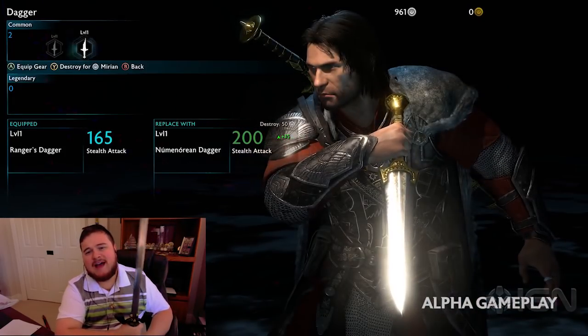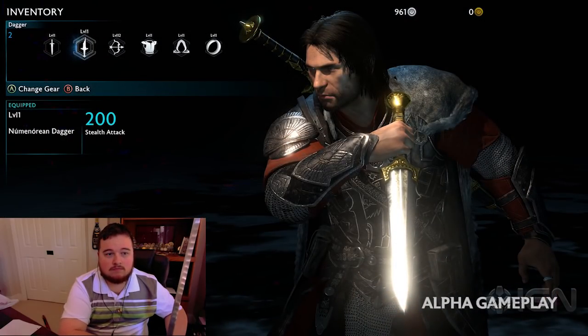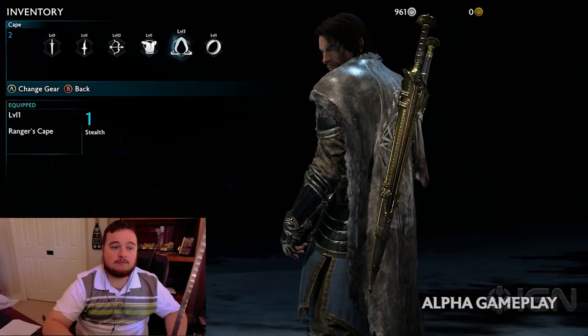Looks like a Roman gladius. This Numenorean dagger is a statistical upgrade over Talion's Ranger dagger. Equipping it gives him an extra 35 stealth attack rating. As we continue to outfit Talion with his basic